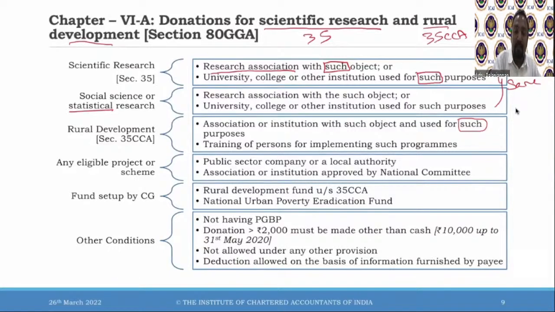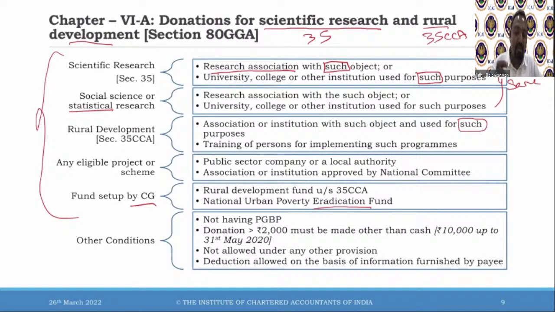Similarly, any eligible project or scheme. Relating to 35CCA itself, if there is any public sector company approved by the national committee to conduct a project of national importance, then that is also eligible. That is a fund set up by the central government. Rural development under section 35CCA with the intention to eradicate poverty: the National Urban Poverty Eradication Fund. If a contribution is made into that. So the point is, if the donation is made to social science or statistical research, rural development, an eligible project or scheme, or a fund set up by the central government, that is the National Urban Poverty Eradication Fund, if it is made to one of these funds, then